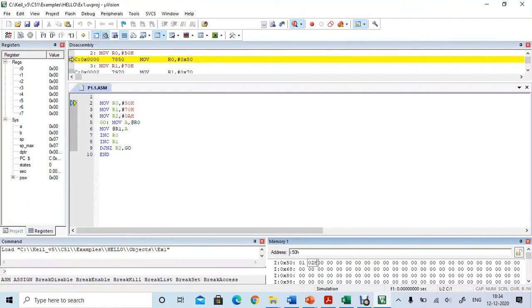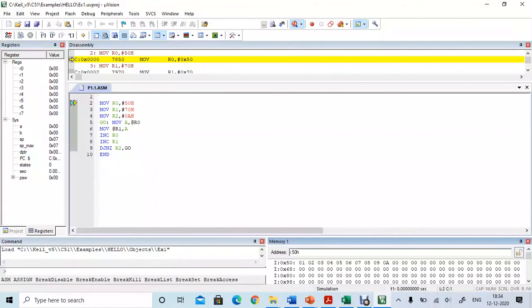Each input has to be followed by the letter H. The 10 memory locations have to be given input. This is the last, that is 59H location. So the input is given.